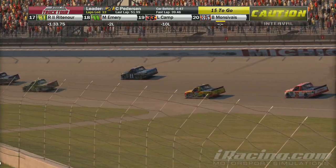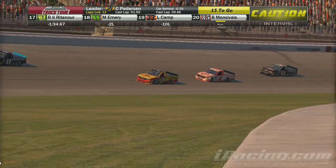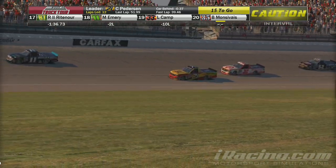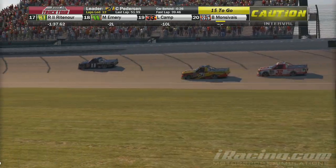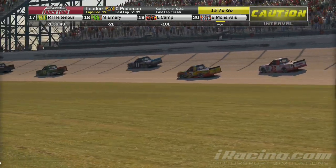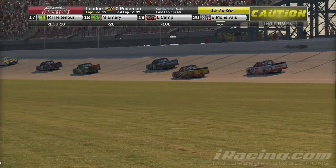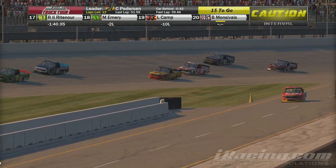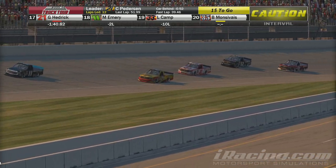The people behind them are going to have that advantage because they just took tires. So while it isn't a big difference, it could be a major factor when it comes down to this restart. Yeah, it definitely could be. I mean, listen, honestly, how fast they were and how fast they were pulling away from these guys during the course of the race, I really think that, coming down...